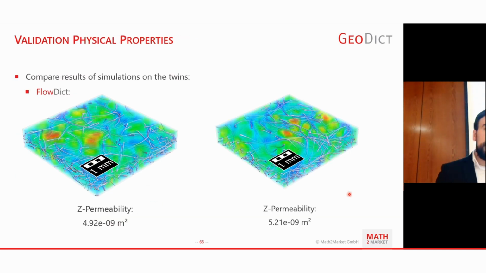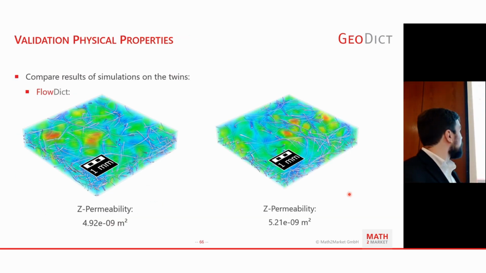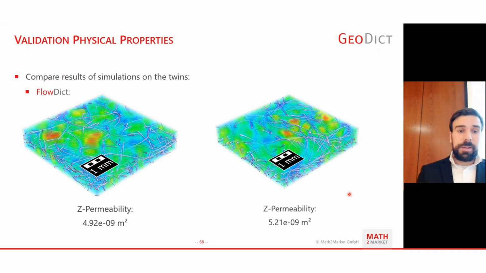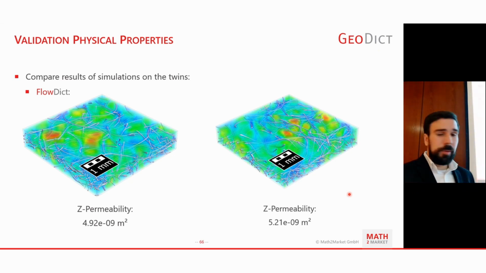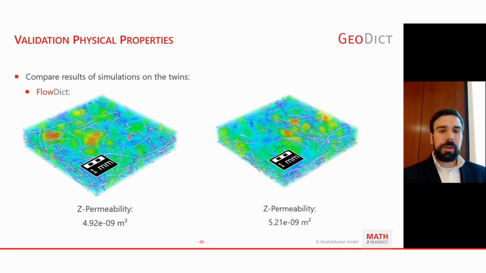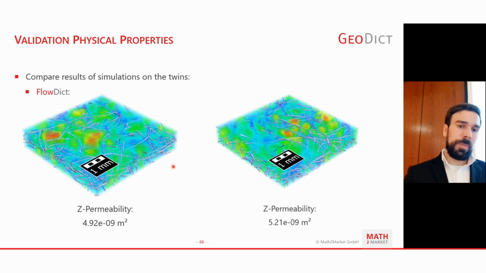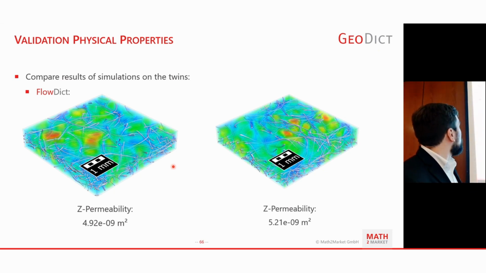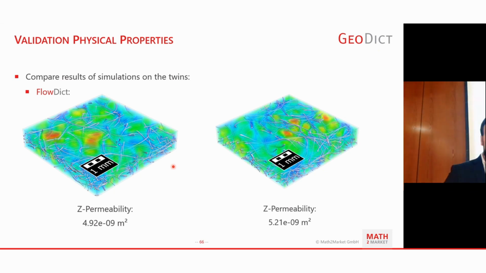And then we also have the flow simulation. So here the flow fields of the two samples and the associated permeabilities. As I mentioned, quite close in permeability. You can see these high flow velocity regions. There are like 3 here, and we also have kind of 3 over here. So it's a very nice agreement. Yeah, that's it for the results for the nonwoven.